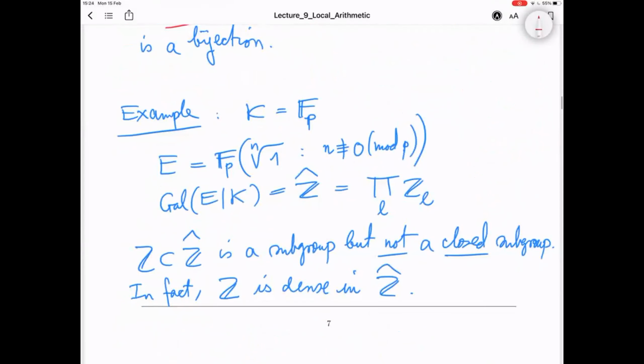So here is an example. You see, there are very few examples where you can explicitly work out what